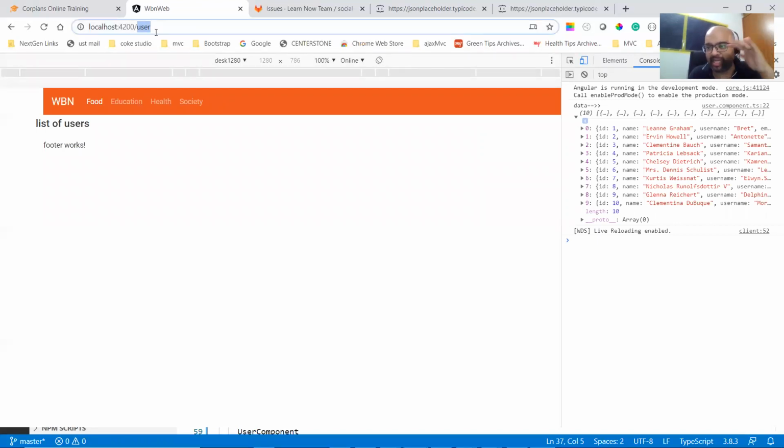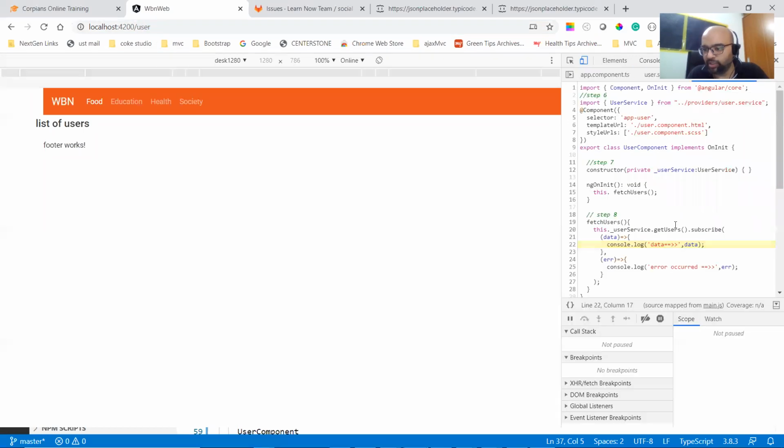You see, I just type user and it works, because when I hit this, it will go to the route module. And the route module basically will check the route table. In the route table, it will check, do I have this route name? Do I have this path? Basically, if yes, good, load the component. That's it. So you can see in the console, correct? All the data got loaded.